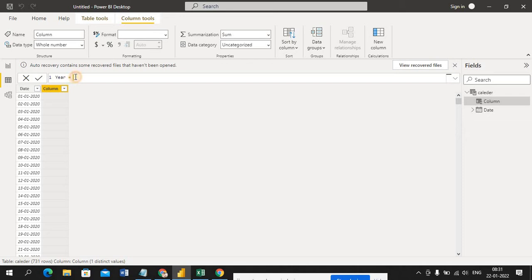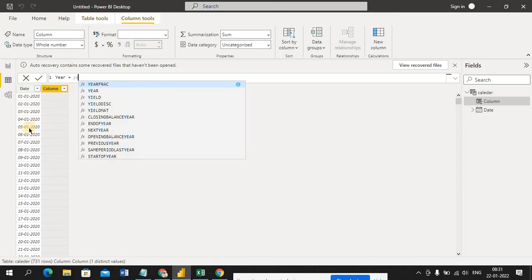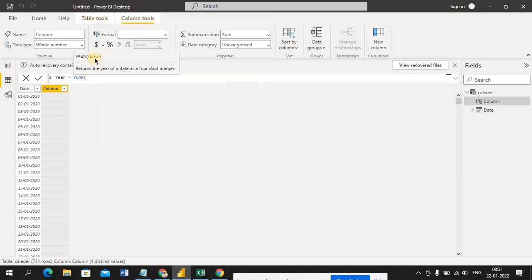Okay, year. So from this, right, for YEAR, what is it expecting, one date it's expecting. So what is that column, the date column? This date only. Okay, so I'll give.